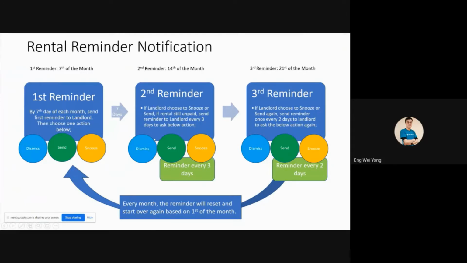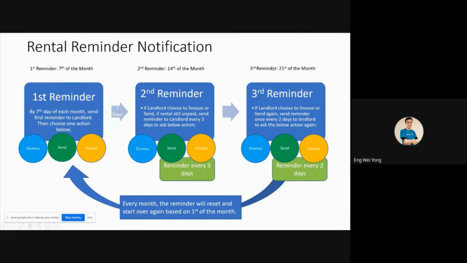So if you dismiss, it will not send a reminder for the rest of the month until the following month. If you choose send, then a reminder is sent to the tenant to remind them that they have to pay the rent for your property. Or if you choose snooze, then this time the app will keep in mind that you want another reminder. And for our app, on the second reminder, we will send it every 3 days, right? So it will send after 3 days, and 3 days later again,